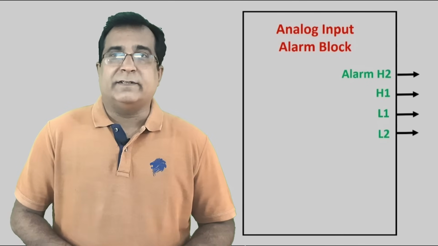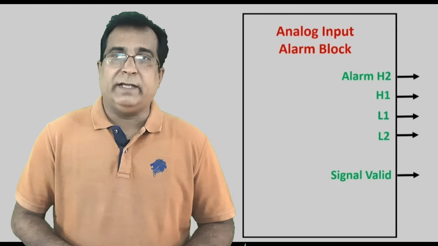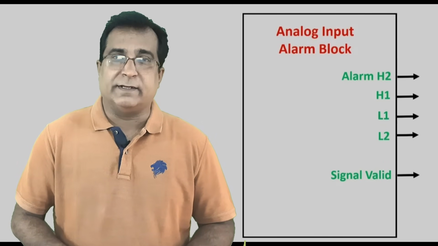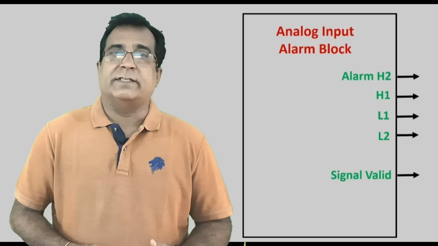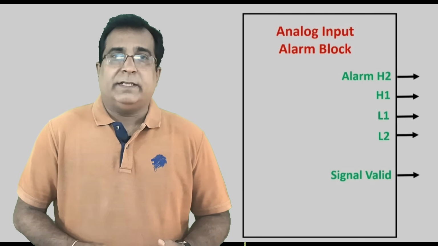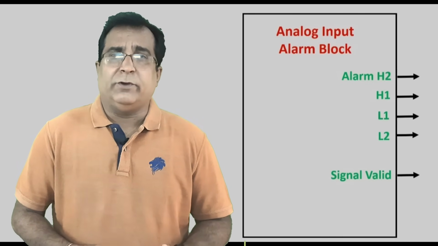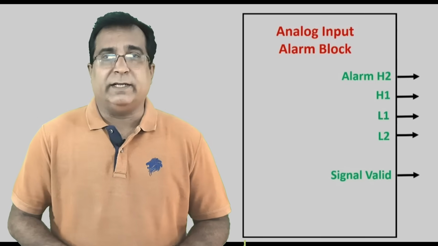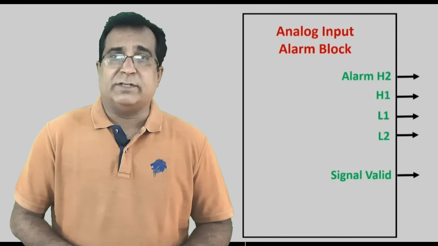There is a soft bit called signal valid or sometimes called live 0 bit, which normally is 1 and goes low at the moment the sensor shows any error. Such a condition occurs when the sensor is damaged, or the cable gets disconnected or open. The signal itself may go under or overrange. This makes the signal valid or live 0 bit logic 0 or 1. You can program this soft bit in logic accordingly, whether to trip the equipment or take some other emergency action.